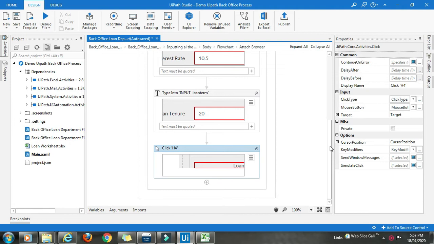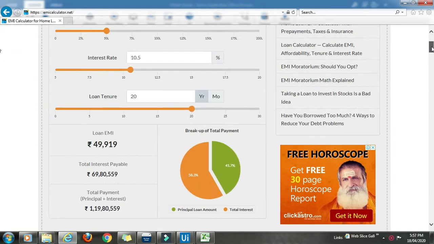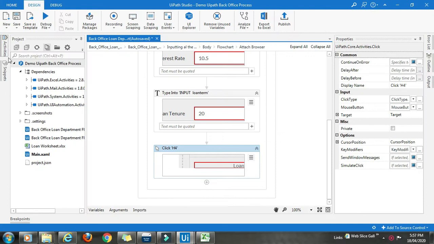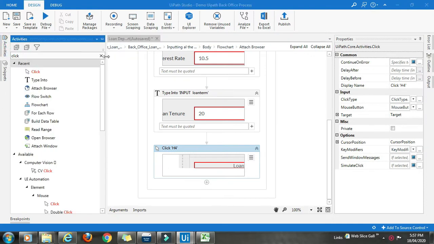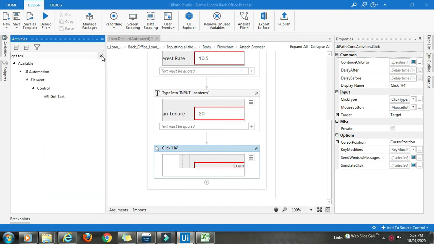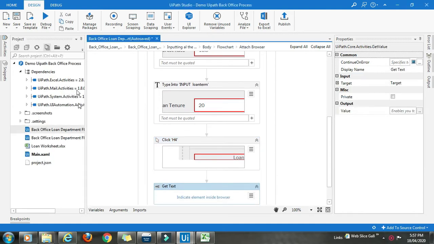Once that is done, we need to get text or get value from the 3 fields which are calculated and generated on the website. For that, we need to first bring those values in the focus, and then there is an activity called get text activity.